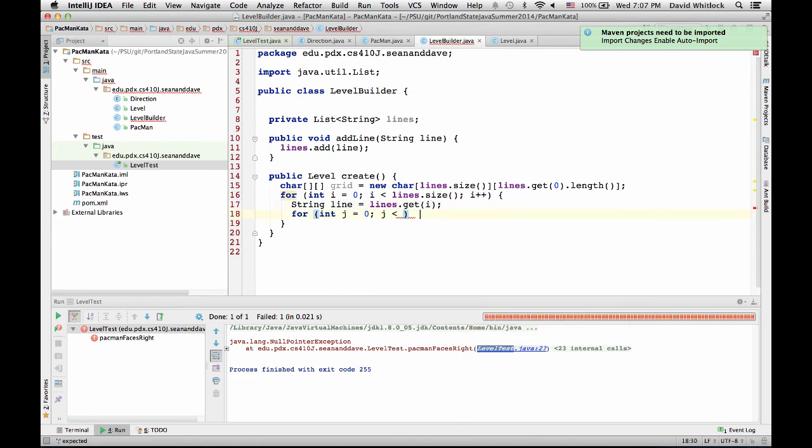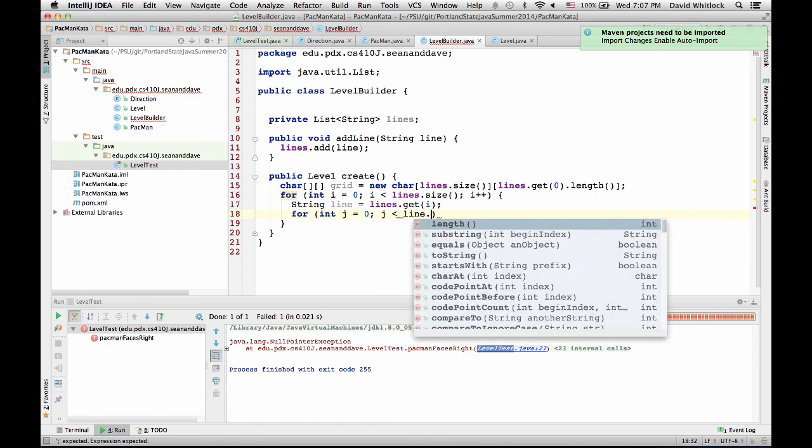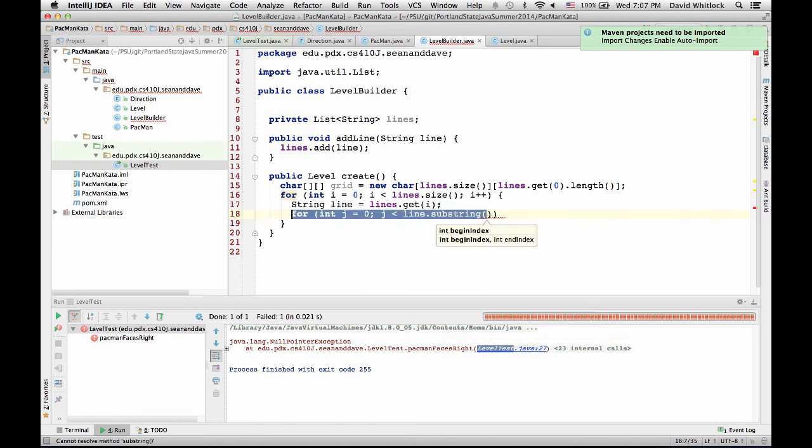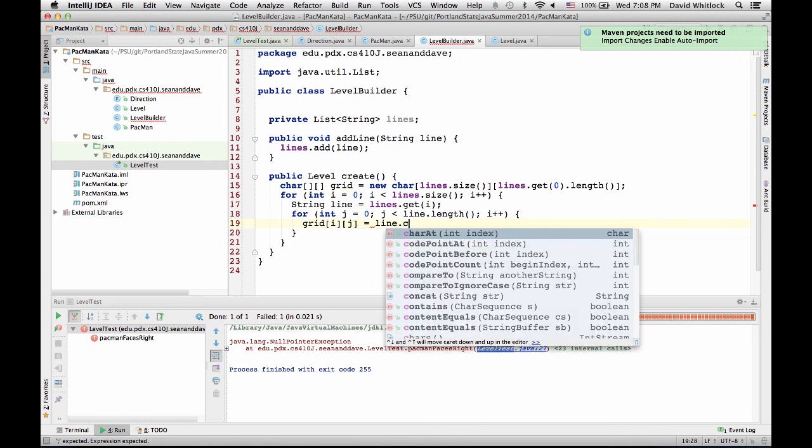So for j, this is line dot size. Nope. There you go. Size, length. i plus plus. And then grid i j equals line char at j.